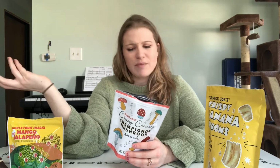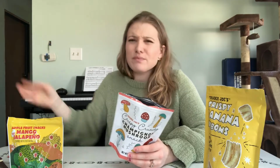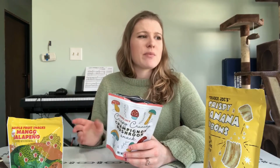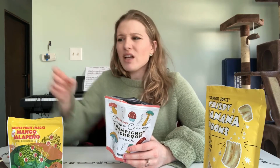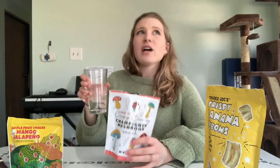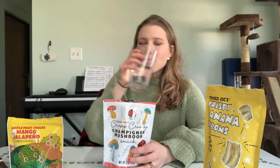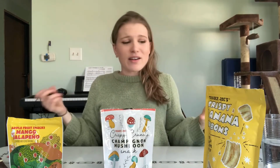They're salty. I'm not getting that sweet flavor that they promised. There's a little bit of bitterness at the end. The first part of the chewing is fine, is enjoyable. But once you get to the end of your chew, it becomes a little bit bitter and not enjoyable. I feel like if you need water after a snack to get rid of the flavor, it's probably not a great thing. I'm not a super big fan of this one,